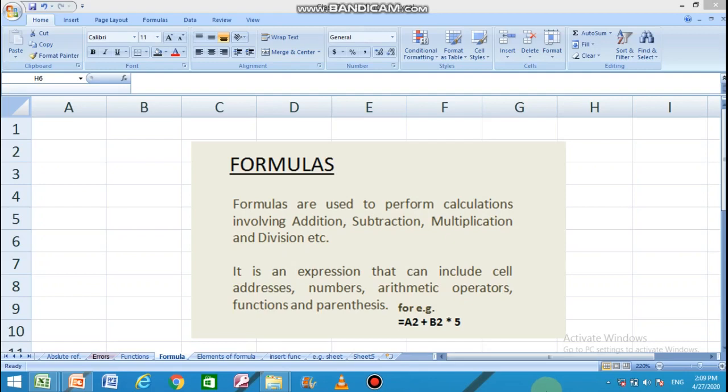For example, you can see here A2 plus B2 into 5. A simple formula is written to perform this simple calculation. Every formula starts with an equals to symbol.